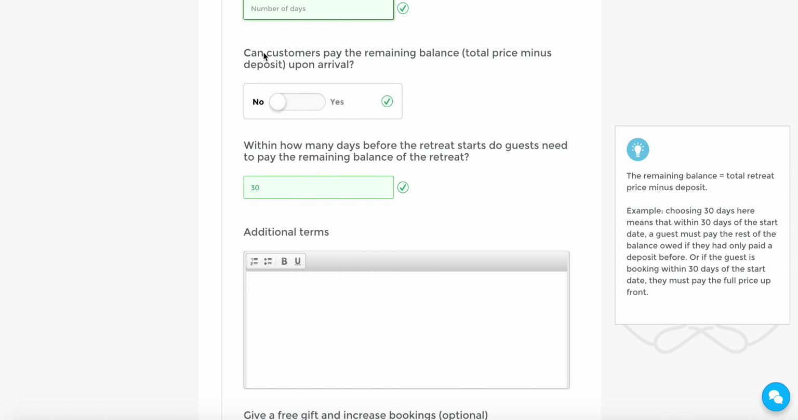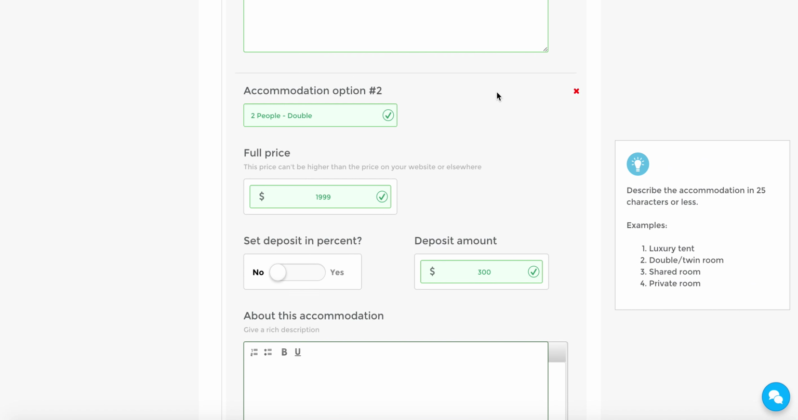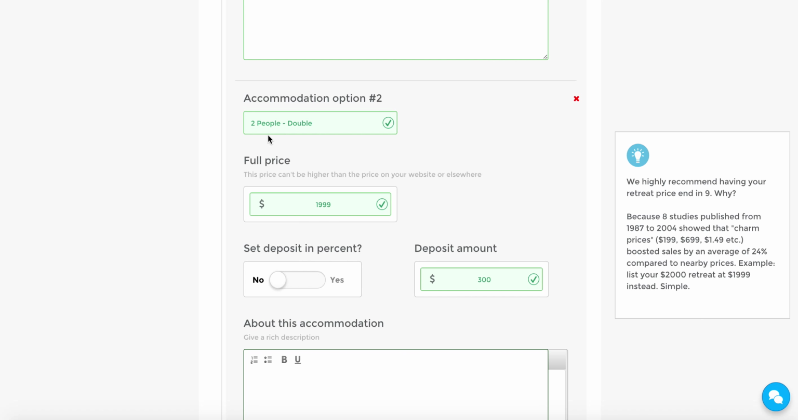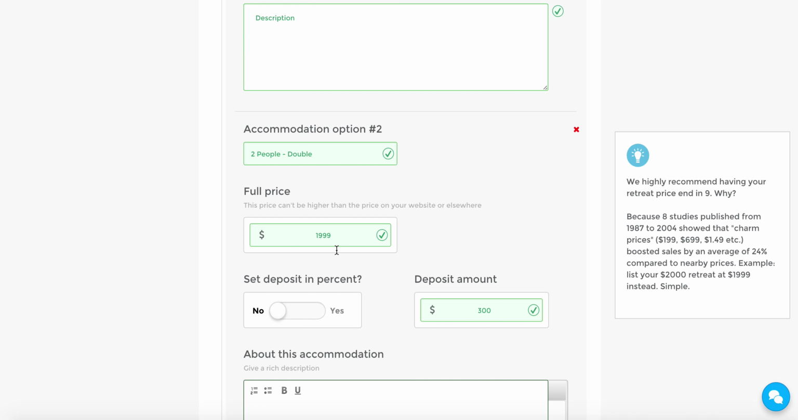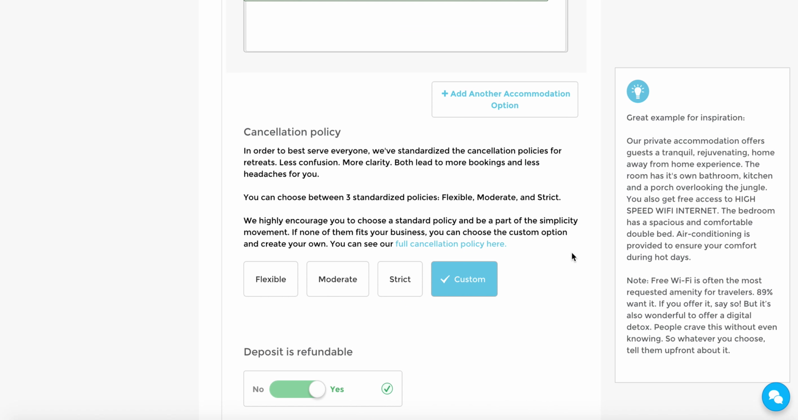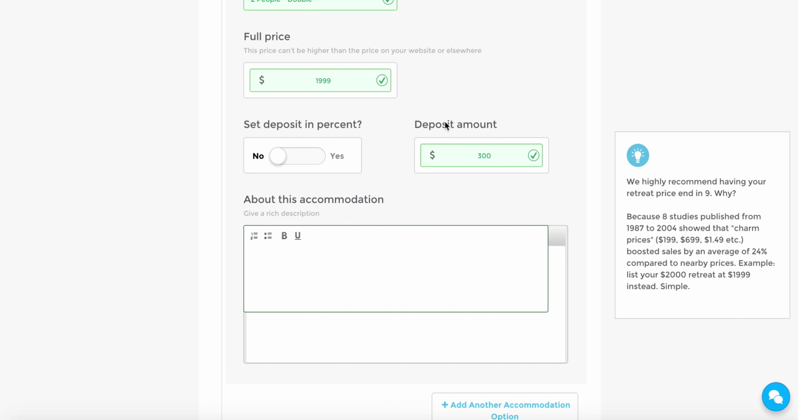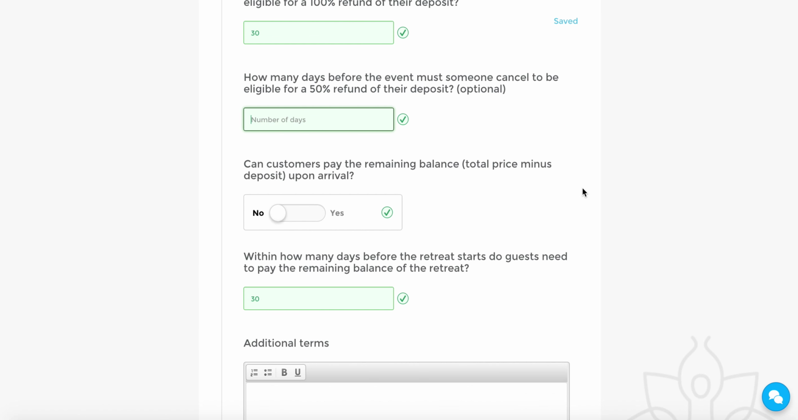Then, can customers pay the remaining balance upon arrival? So the remaining balance is the total price of the retreat minus the deposit. Say they booked this number 2, 2 people here. It's about $2,000. The deposit's $300. So for the remaining balance, you'd subtract the deposit from the full price. All right, so that's $1,699. So in this case, the